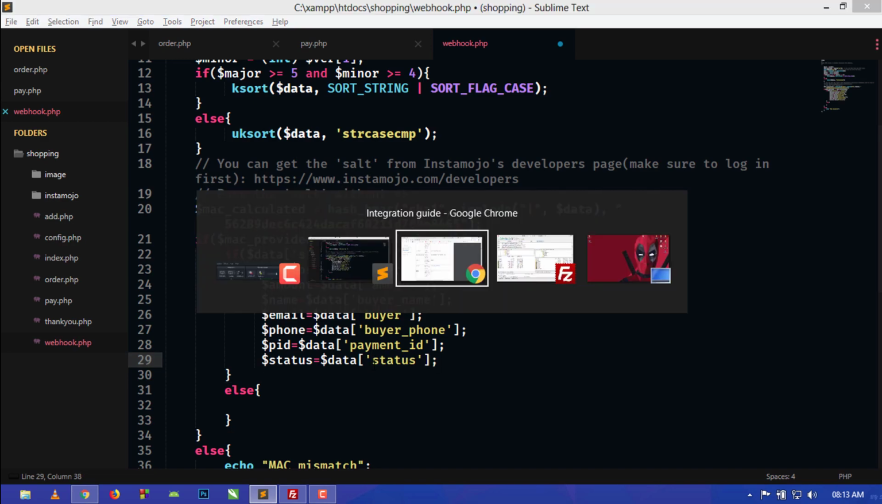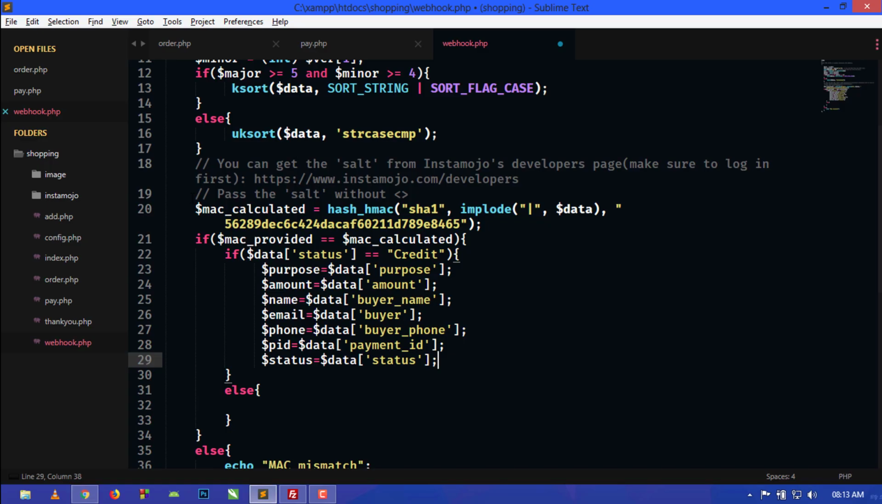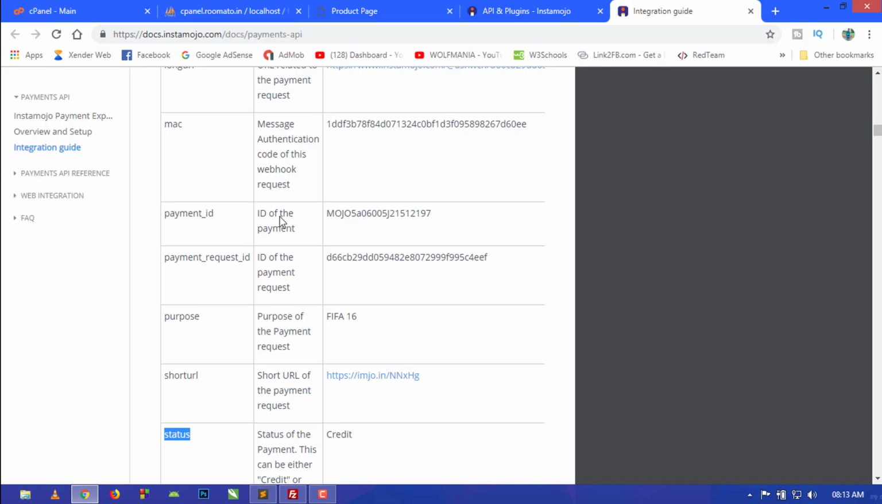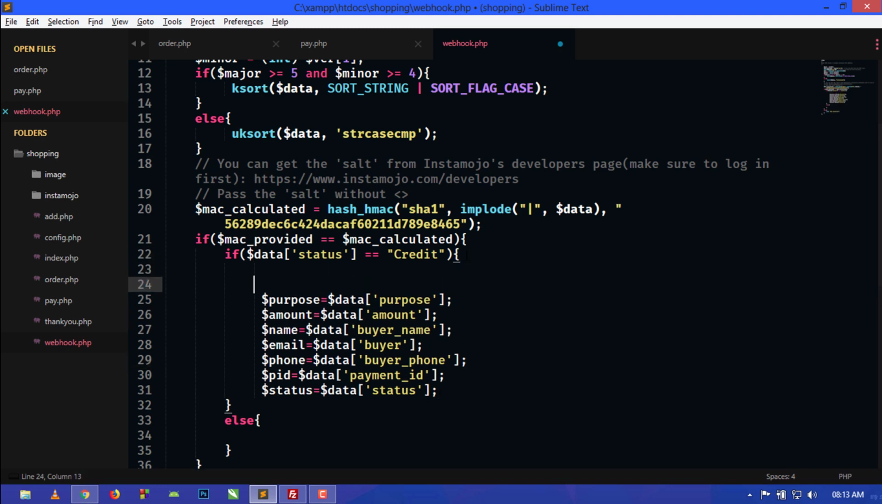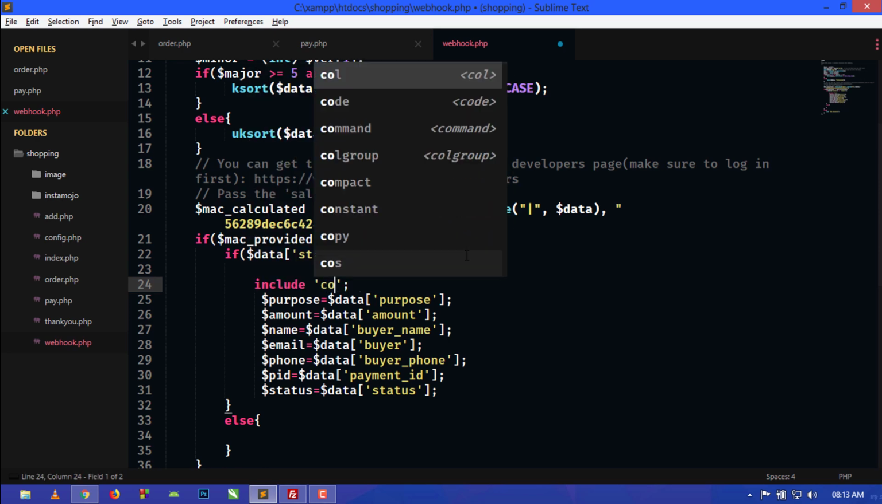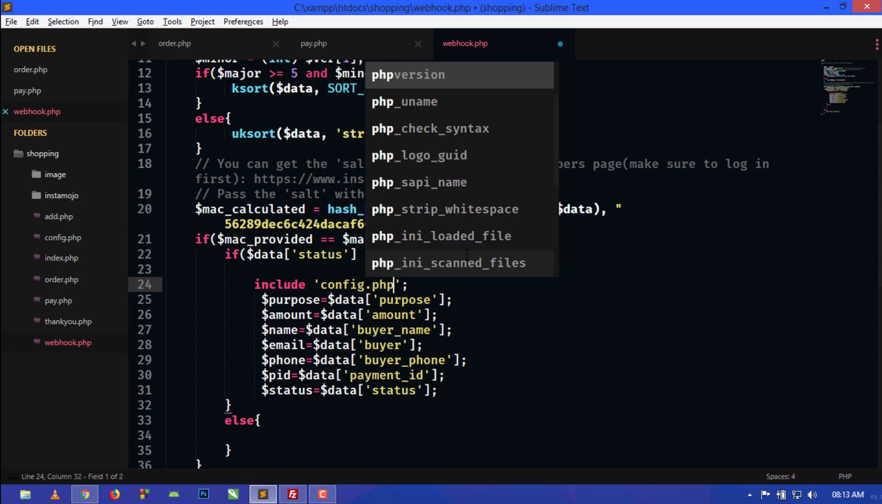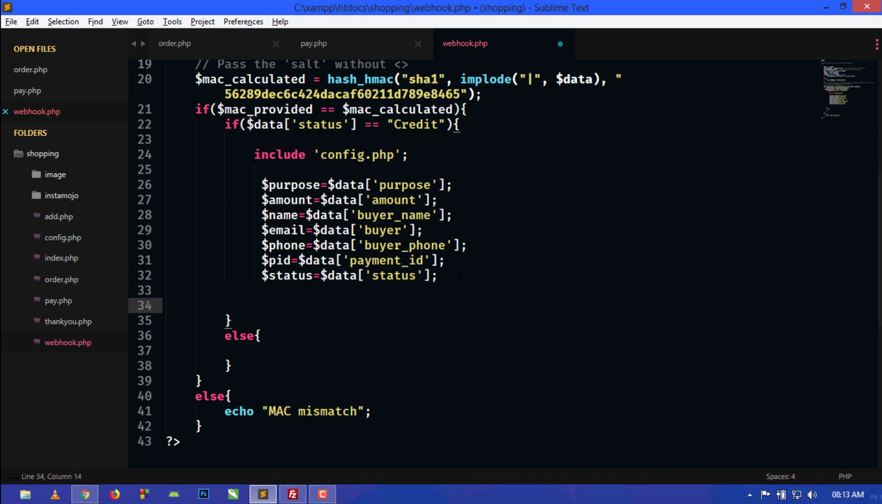If you want to store more details, then you can just create the variable and use the field name that is present here. So this is okay. Now I will include our config.php. So include config.php. Now I will store these values into the database. So I will create another